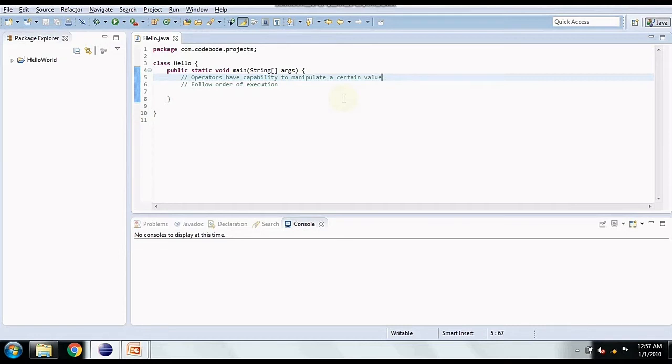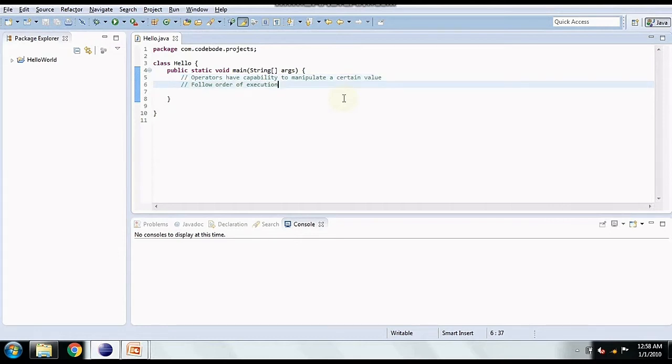As you know, we have BODMAS rule in mathematics, and while solving an expression, this rule is followed. Similarly, in Java, execution of operators follows a rule. Meaning, if you have multiple operators in one statement, the operator which has the highest preference is executed first. So let's see all the operators again, and that too preference wise.